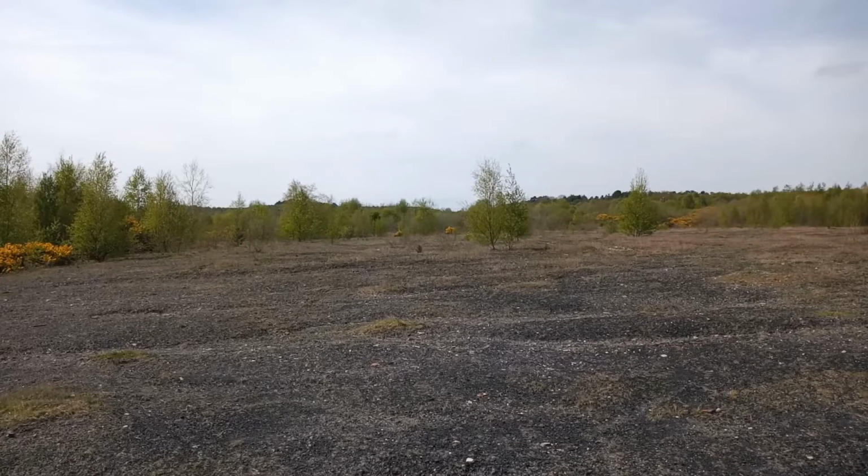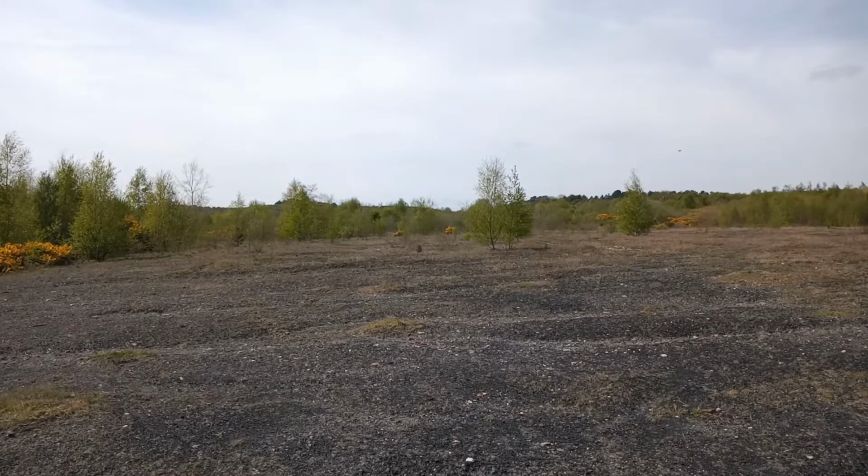Once the mines, or any individual mines, were closed down, they tended to remain like this for a number of years. Development often occurred after maybe 5 or even 10 years, sometimes longer, sometimes shorter. But within a couple of years, most of the former pit tops looked like this. I suppose in some ways it's